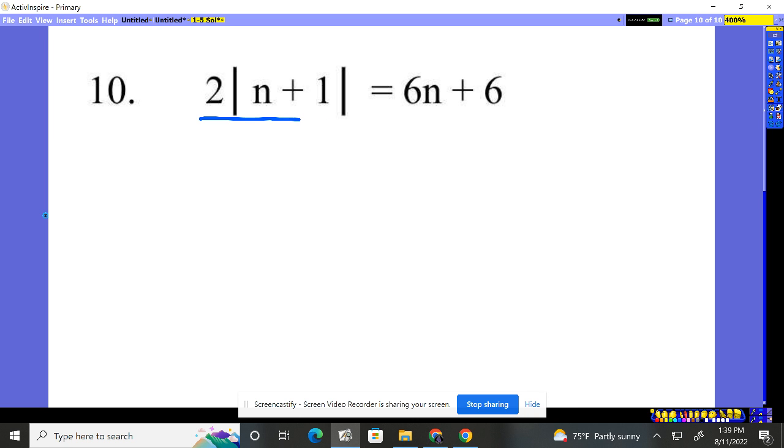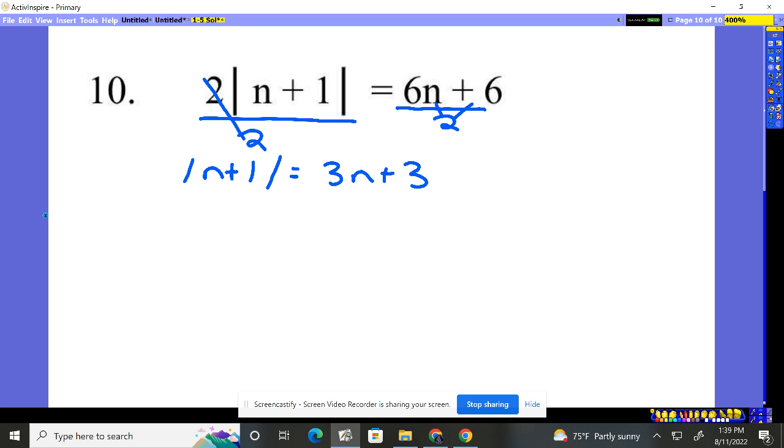Starting this, I'm going to divide by 2 because it has something out in front of the absolute value. I need to get rid of it, so I need to get rid of it by dividing by 2. I'm going to divide this side by 2. So we're really looking for where the absolute value of n plus 1 equals, well, if I divide each of these pieces by 2, what do you get? 3n plus 3. So we're looking for where that n plus 1, the absolute value of that, equals